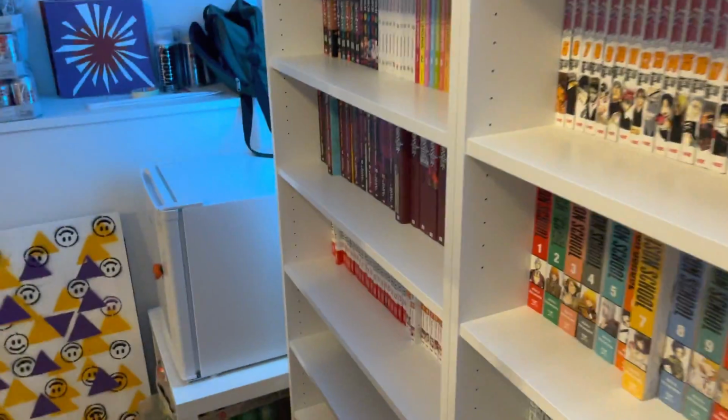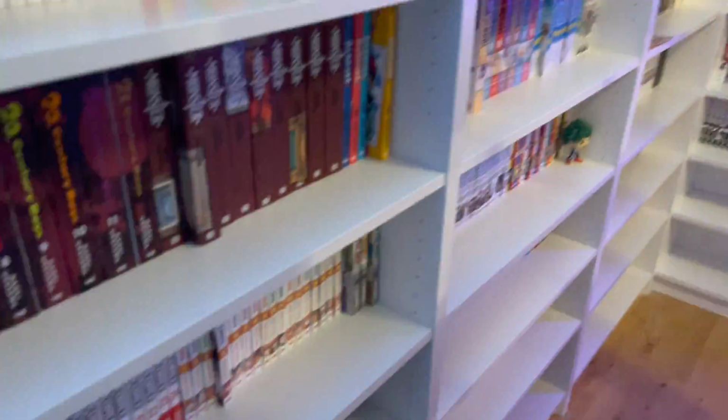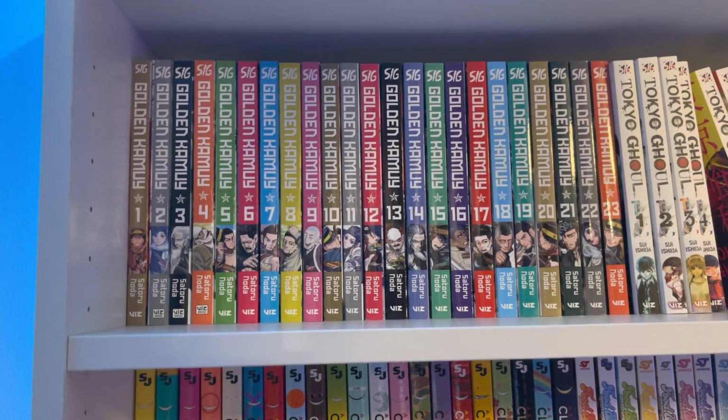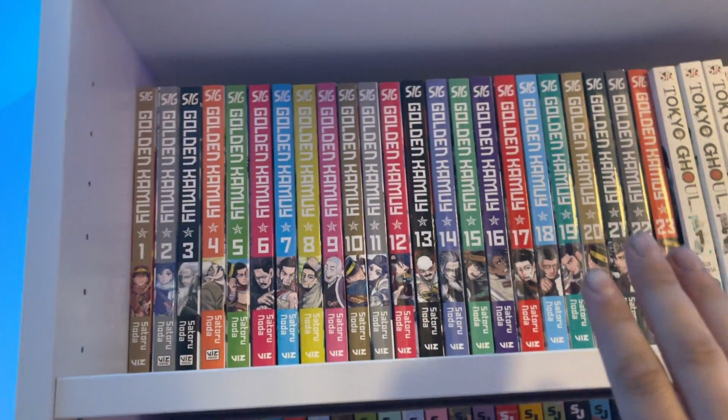Now we get into the big wall of manga. Starting up, and we're gonna go from the top all the way over and then down. So starting up, we have volumes 1 through 23 of Golden Kamuy. Great seinen, has everything you want in a manga. There's something a bit of every